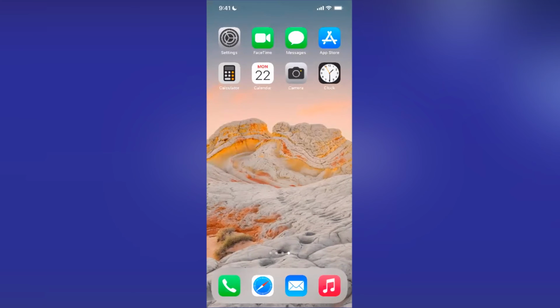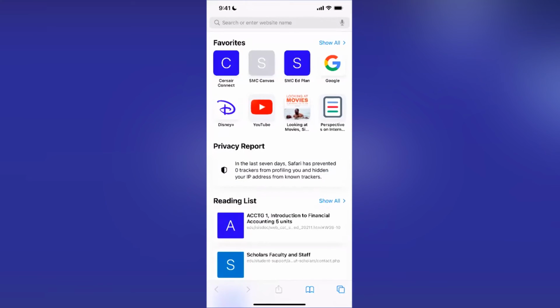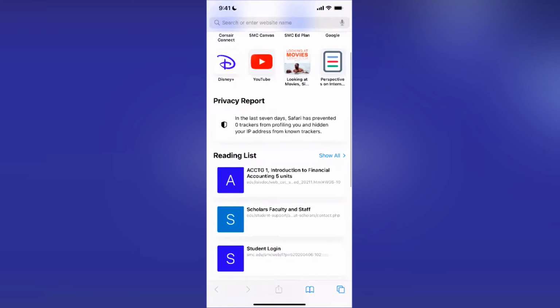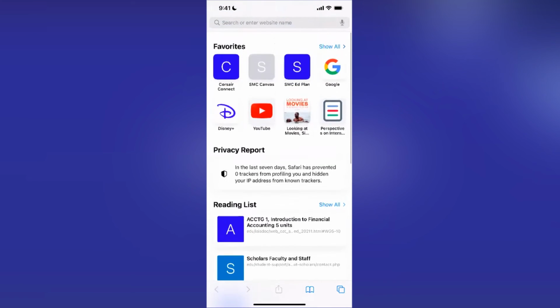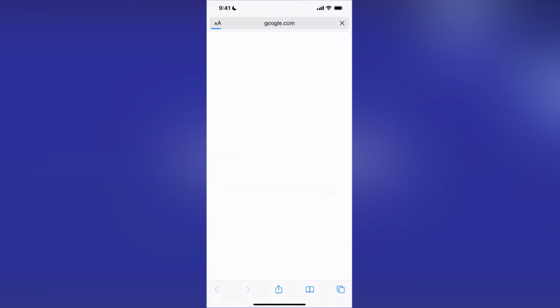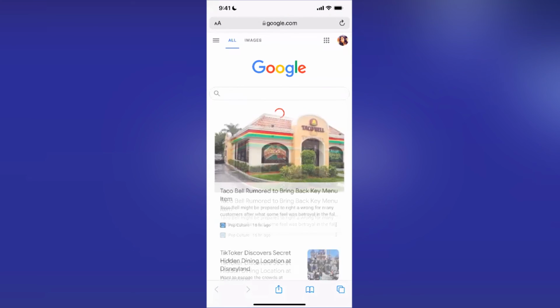And then next would be the Safari app. So once you open up the Safari app, this is kind of what it looks like. It'll give you any favorites that you have at the top, a privacy report, anything that you have already saved to your reading list. I'm gonna go on Google really quick just to show you guys how you can